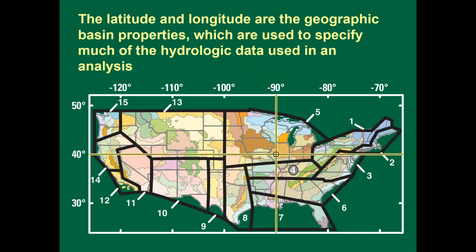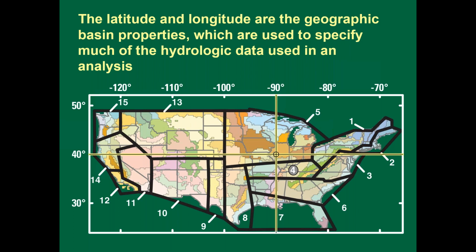Okay, the first and one of the most important variables that we put in is the latitude and longitude. They're the geographic basin properties, which we can use to specify most of the hydrologic data used in the analysis. As we mentioned, we've done a ton of statistics all around the country for you. So when you put in these latitudes and longitudes, you get the